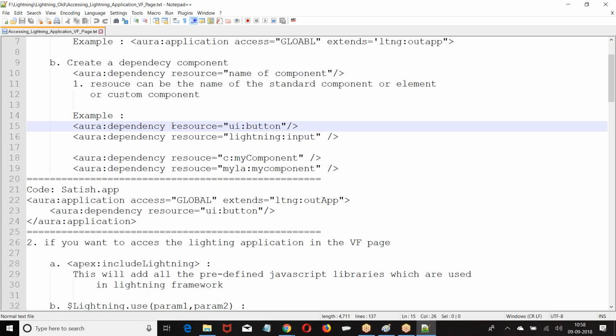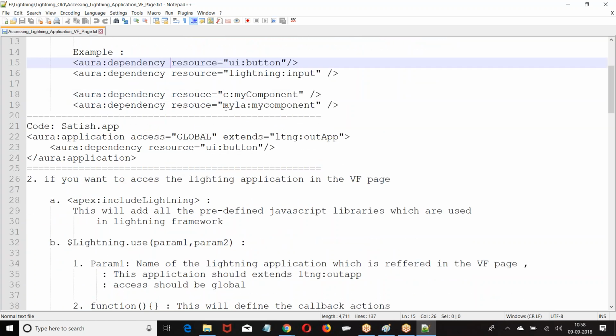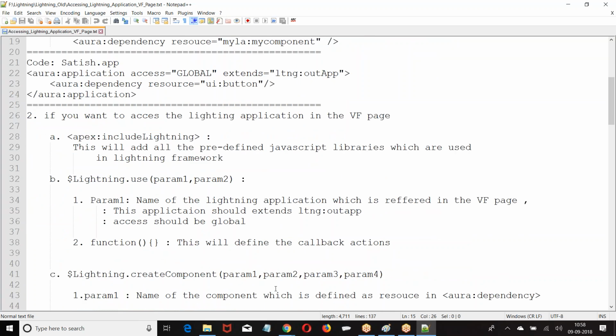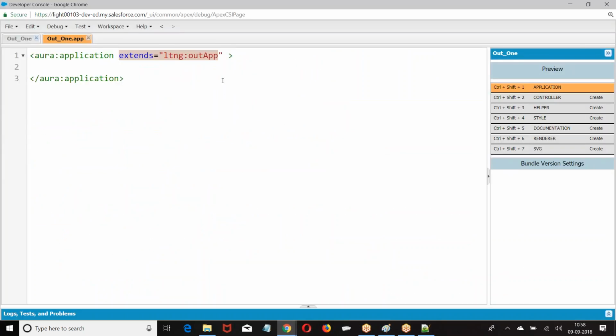What is the name of the component? Standard component: there is ui: or lightning:, it's up to your choice. Now if it's a custom component, c: or namespace:. I hope you're good with this. Clear? Okay. Till here we are done. Then how do you define it, boss?